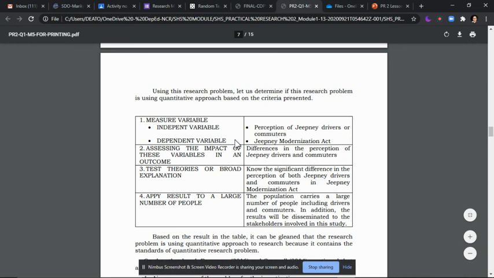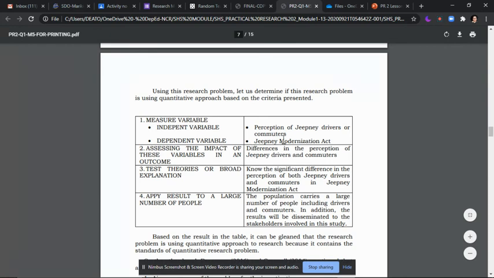Ito, bigyan natin ng example. Measure variables. Sa kanila, ang independent variable ay perception of jeepney drivers or commuters. Dependent variable, Jeepney Modernization Act. Assessing the impact of these variables in an outcome: difference in perception of jeepney drivers and commuters.